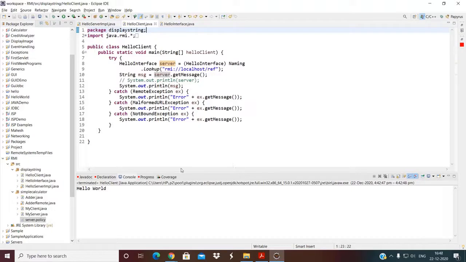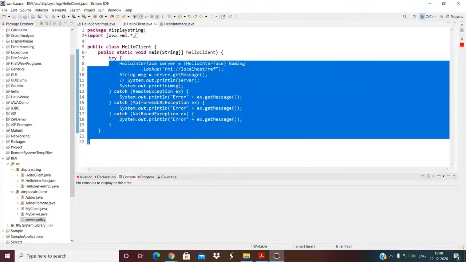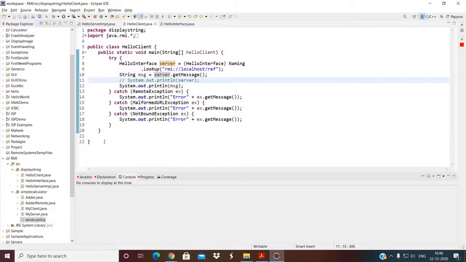So you can try this as an interesting exercise from your end. If you can do it, you will learn a lot of internal aspects of RMI: how RMI actually works, how it interacts with the network, what protocol it uses, what security policies are to be set. All those options you will learn if you try RMI with different machines. Okay, so please try it as additional work, offline, to gain more knowledge or in-depth understanding of RMI.